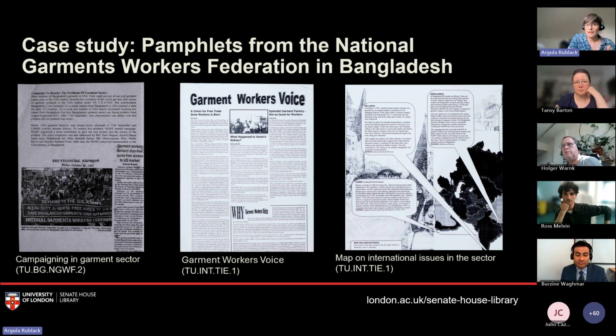Interestingly, however, these were collected not as part of the materials on South Asia, so they're not listed under a particular country, but they're part of a segment of the collections on international organizations and trade unions. So no matter what you are researching, to expand your search within the ephemera and pamphlet collection we just introduced, it's also worth thinking beyond national and regional boundaries to gain some additional information. So that's just a really quick, short case study, and now I will hand over to my colleague Tansy for the next part of the presentation.